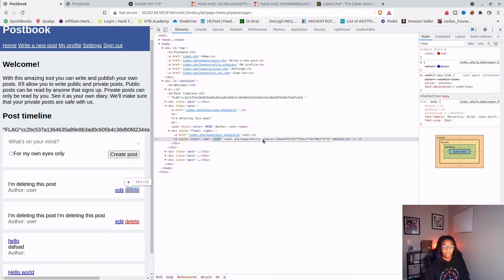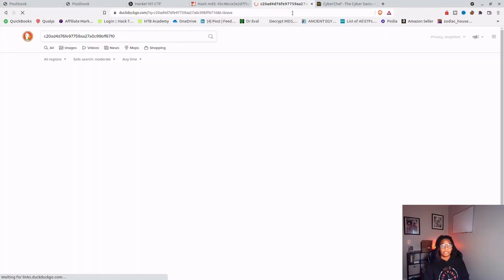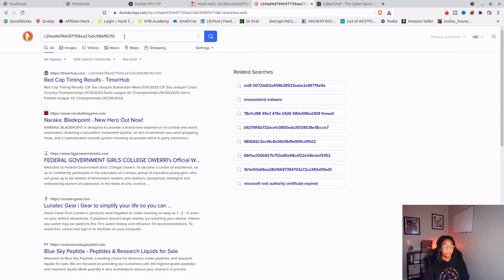Let's double click on href. It's important to double click here, and that's what took me so long, really. I kept doing dumb stuff. I was deleting on accident. It was stupid. So you want to click over on href, double click so that you can then use the arrows to grab this right here. And this looks like another MD5 hash, which it actually is. I copy it, throw it into DuckDuckGo, but